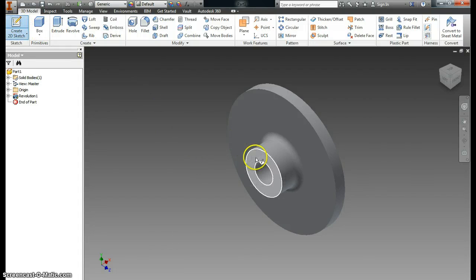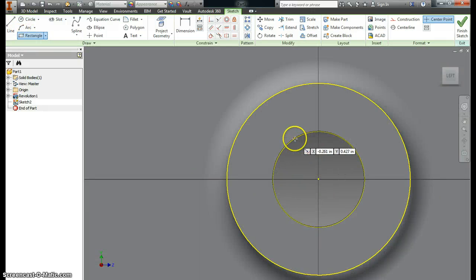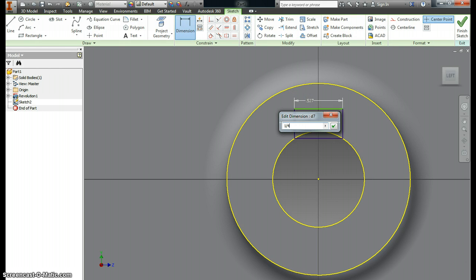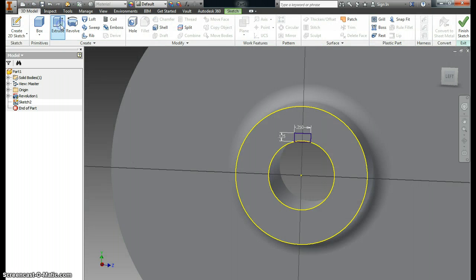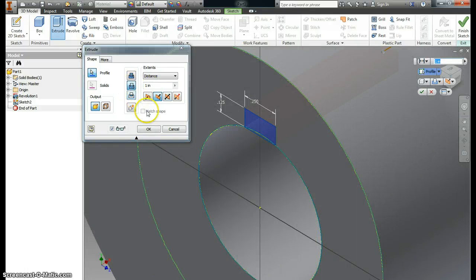Okay. Now we need to make the keyway, so I'm going to put a sketch on this front face, and we're going to take Rectangle. And I'm going to make sure it locks onto this arc, and just going to bring it over there like that. Now I'm going to add what's called a Coincident Constraint. Coincident tells two things to be at the same place. I'm going to tell this corner to be on this arc, and it brings it over. The dimensions of this keyway are supposed to be 1/4 of an inch by 1/8 of an inch. So it ends up looking like that. And then we can go to Extrude, Cut, and put that in there, and say All,